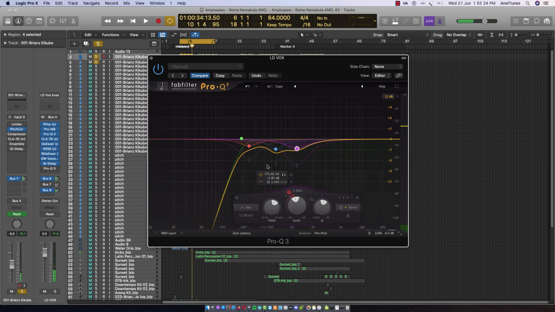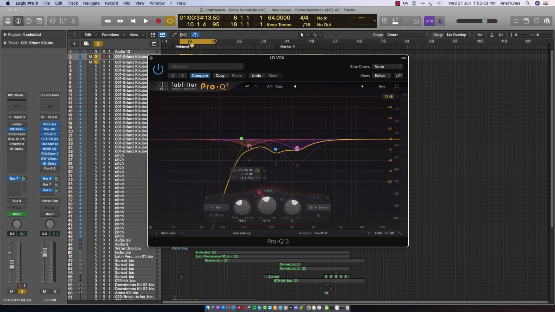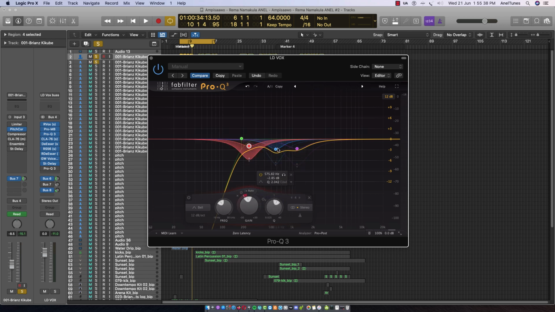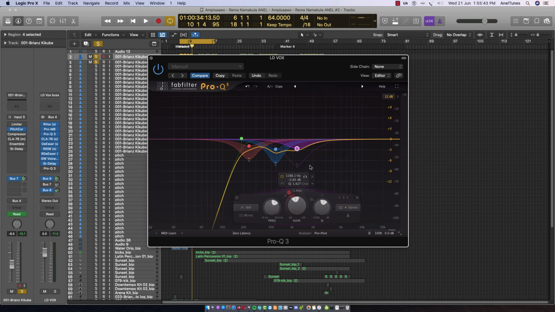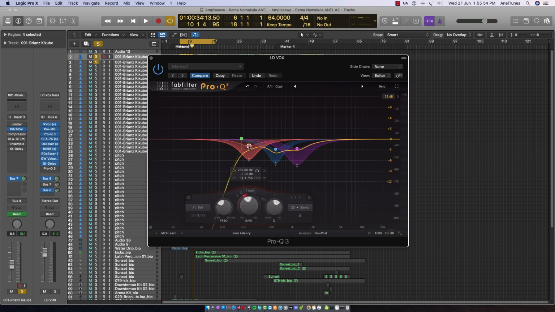You realize we've gotten some of that boominess out, but you feel it's still there. So what you do right now is you come, select the frequency point, and right click and say enable dynamics. Even these other points, you say enable dynamics right there. What does it do? This means that any frequency that goes above the set value here, say here we have a negative 2 dB cut or a 2 dB cut, any value that pushes above this level,